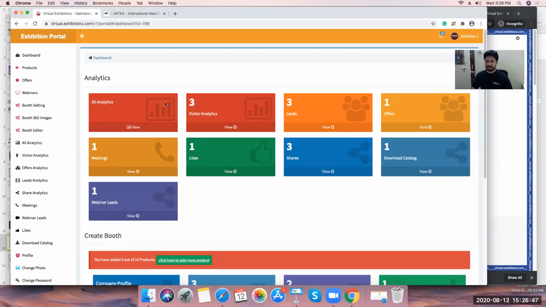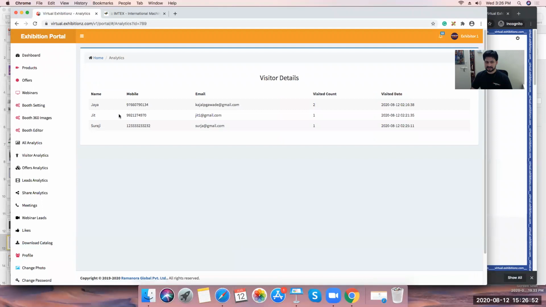So in terms of analytics, we are giving all different types of analytics, starting from the visitor analytics, in terms of how many visitors have logged in so far. Not only how many visitors have logged in, but you can also see the count, the number of times it has been done. Now, what does this visitor count mean? The number of times he has come to his booth. So from one system, when I logged in, how many times did I come onto the platform and check various exhibitors?